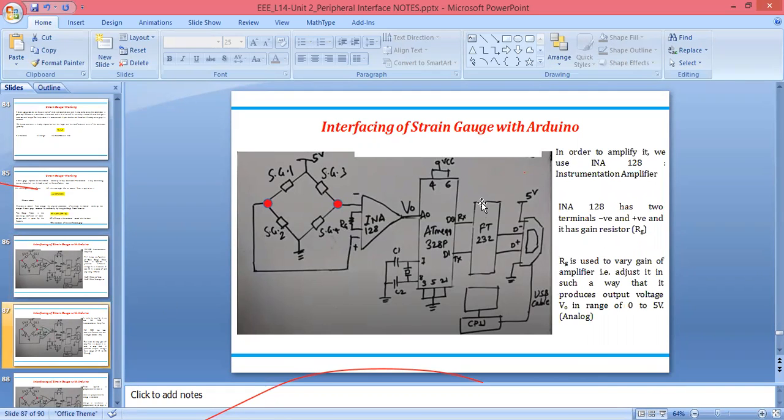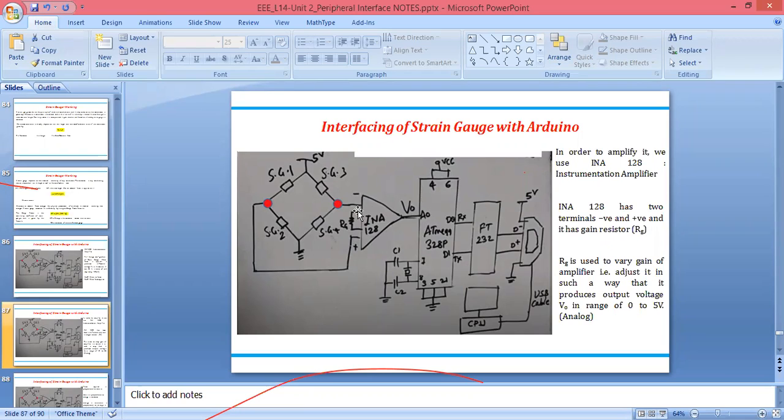You can see the same diagram here. But what we have to do, whenever you get the output value from the Wheatstone strain gauge, the Wheatstone bridge that we are using, after the strain gauge, the value that comes here, you will need to amplify, because you are supposed to adjust that value in the range of 0 to 5 volt, because here we have to interface with the Atmega 328 controller, and it is compatible only with analog values from